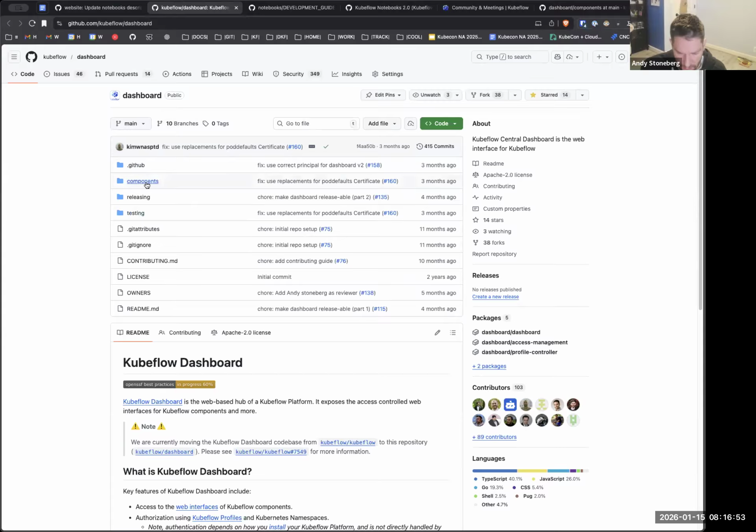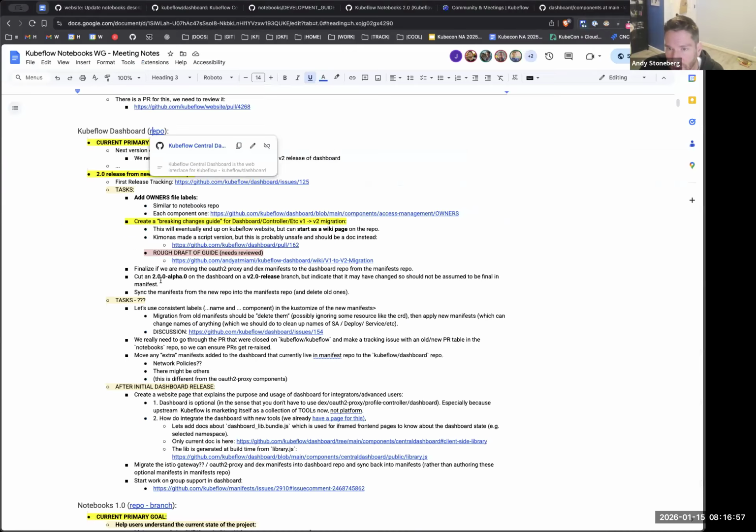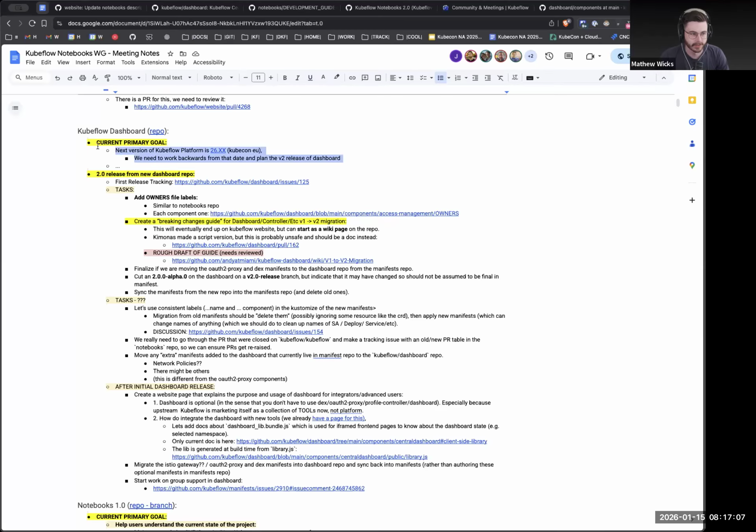So I opened up, I guess I can include this. Give me 1 second to find the link. I'll put it in chat. Kubeflow dashboard issues 180. So this is kind of the first. We don't need to go into specific issues, but yeah. So anyway, right now we're carving out getting just the manifest updates done. We'll see how that goes and then progress to the other things that we discussed.